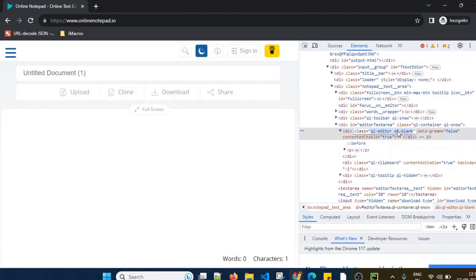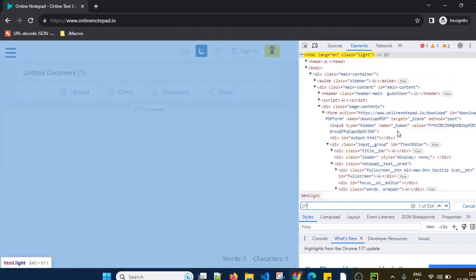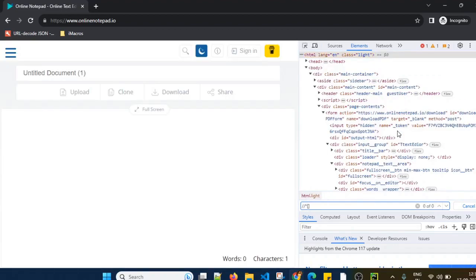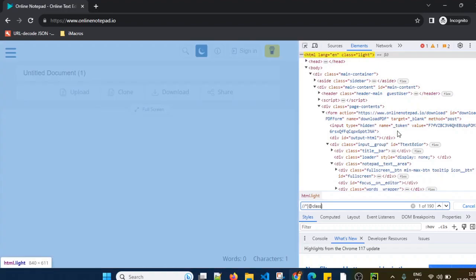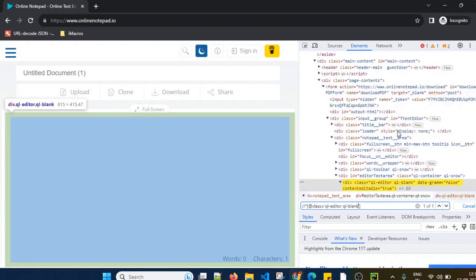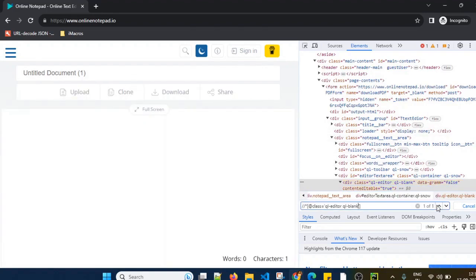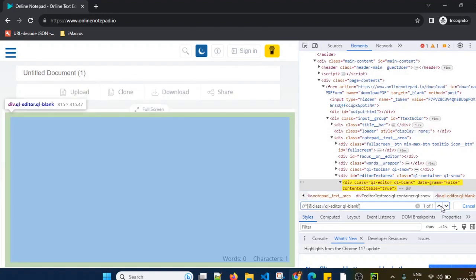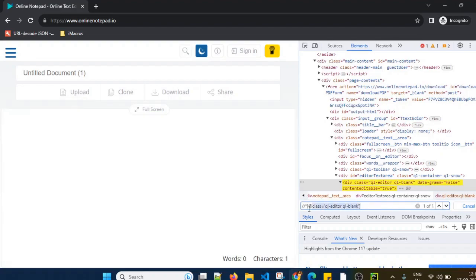So I am just copying this value, or we can write the XPath here. So I am just using Control F, two times //*, then I can use @class attribute equals to, I am writing the customized XPath now. So it is finding that text field where we can pass the text. So I am just copying this locator, copying this XPath,